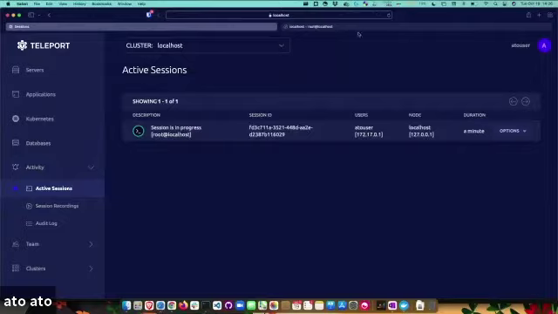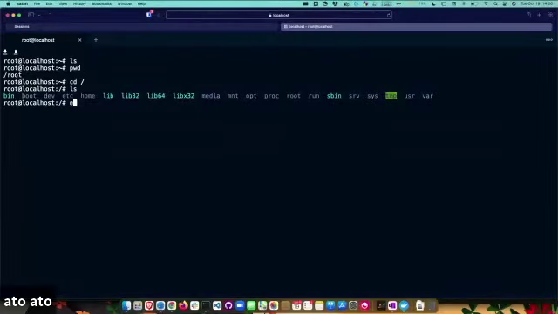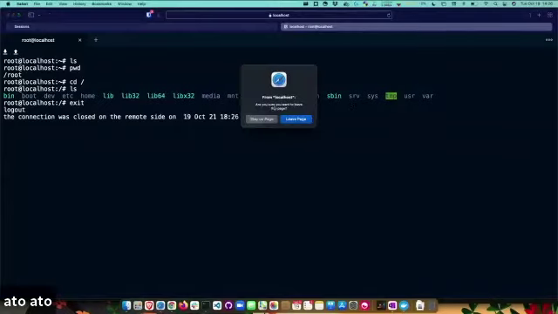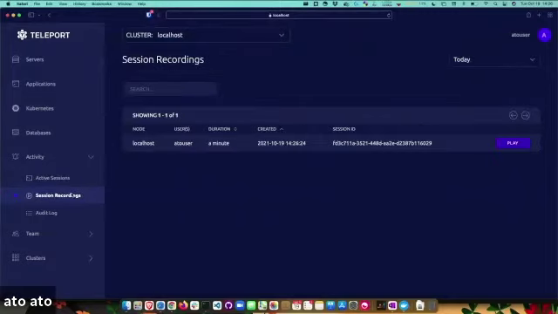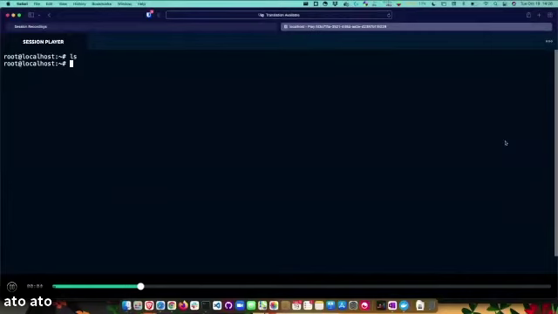But I'm not doing it since I'm the same user connected here, but just to show what's going on. So let's say I'm done and I log out, I've finished my work. So I'm exiting out of this, so my browser tab goes away. Yes, I'm going to leave that page. So my active session disappears. I now have that session recording, as I mentioned earlier. So I can actually go back and hit play and find out what happened.